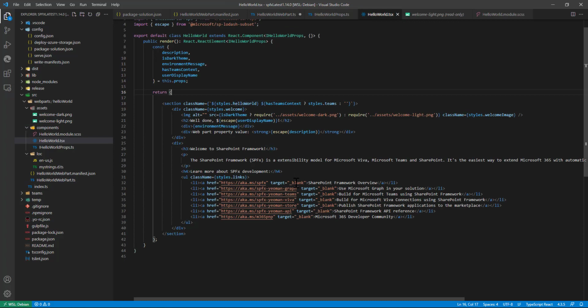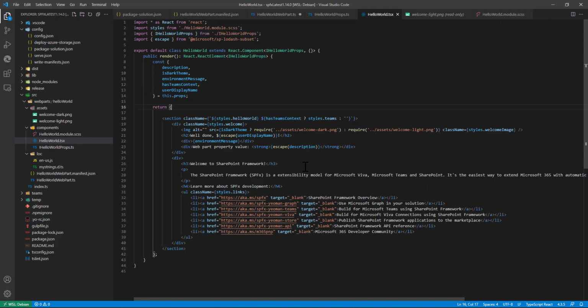They are also loading some learning links, Graph and other things, which we can leverage to learn more about SharePoint Framework and what integrations we can do. These are just help links and documentation links.